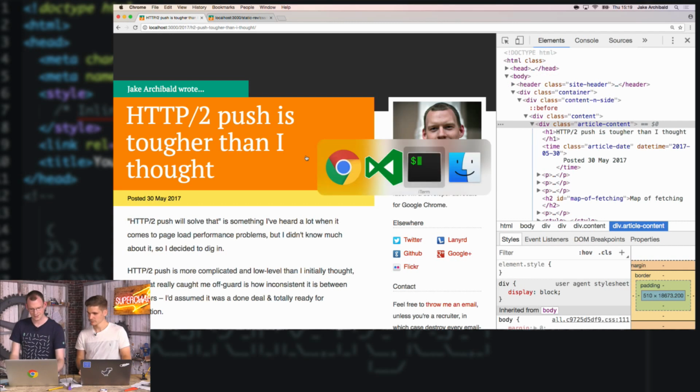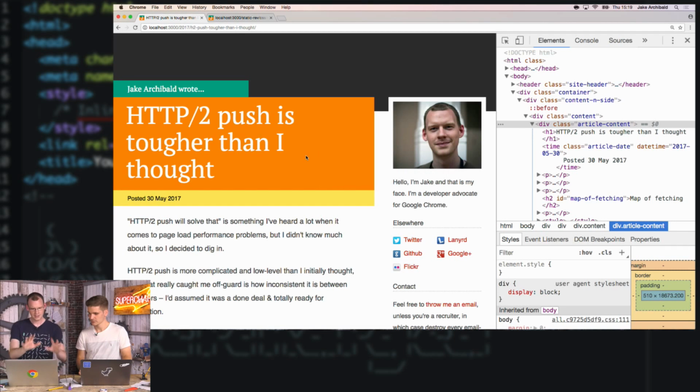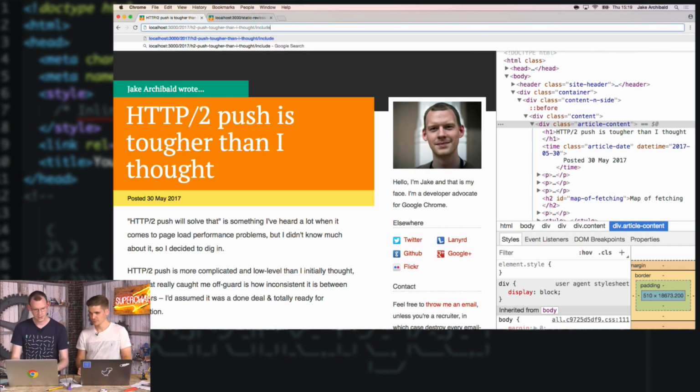So the good news is no errors on the server so far. This is the normal page, looking okay. Fine. And if I go to include,